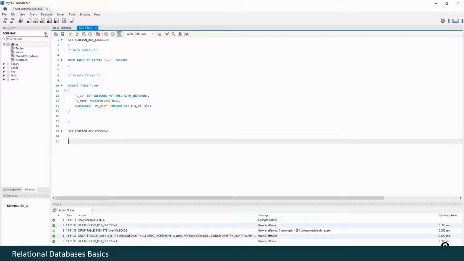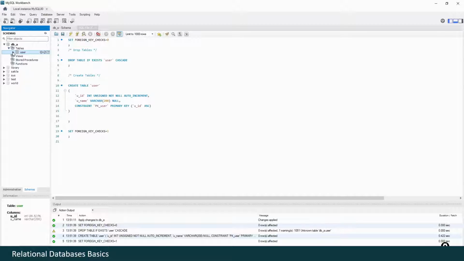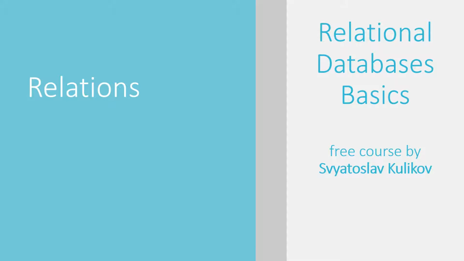We may click Refresh and check if our table was created for real. Here it is. And that's how you may create any number of relations or tables. And of course, we shall continue reviewing relations, their attributes, and so on in the next videos.